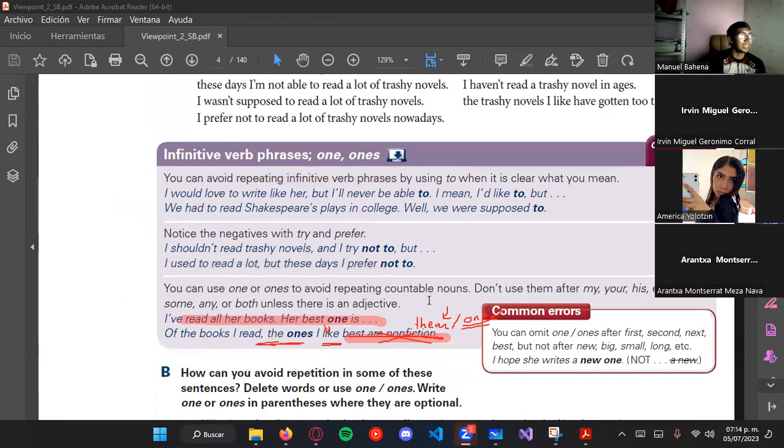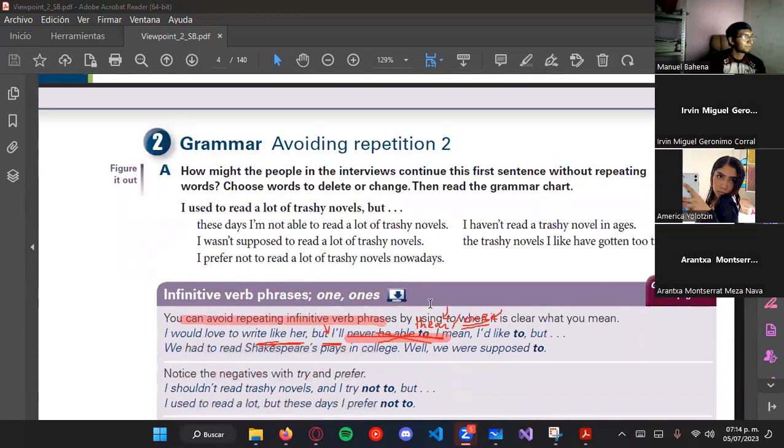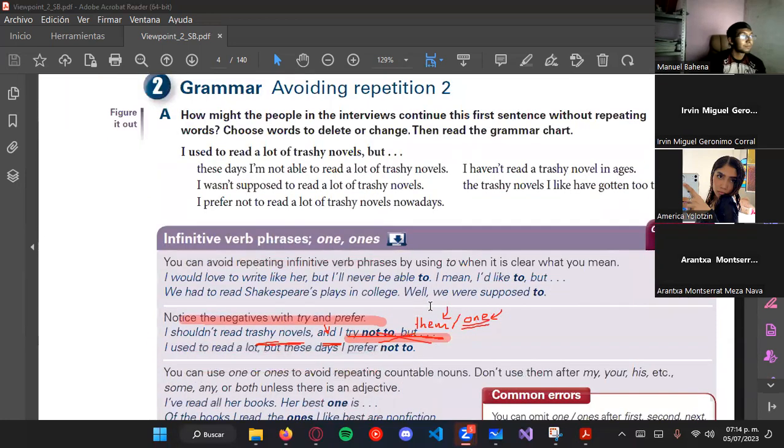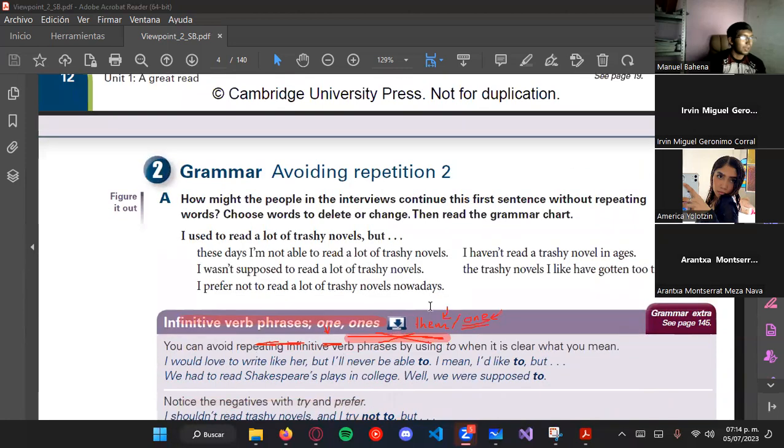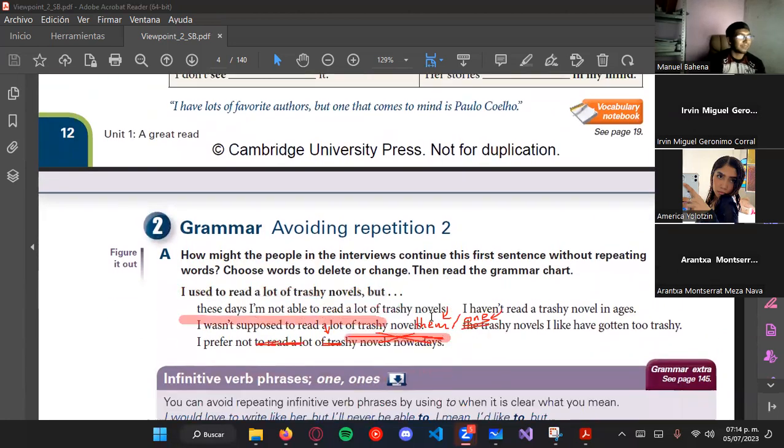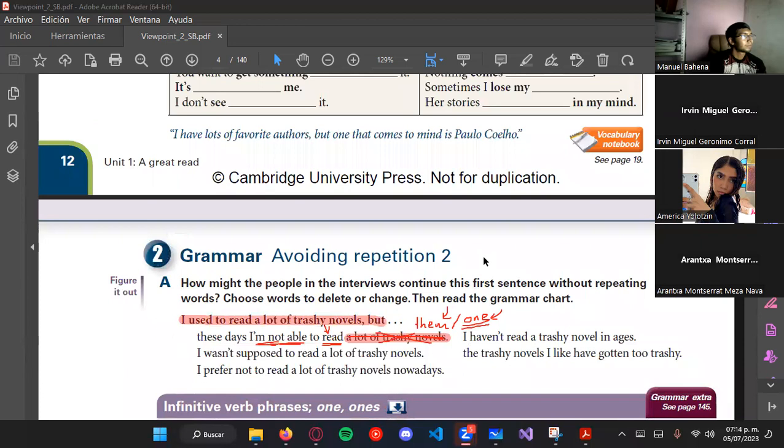Okay? Por lo de countables y uncountables, también tiene que ver. Yes, sure. Excellent. Y ahorita les digo, vamos a ver. So, there we go. Now, for example, for the next one,